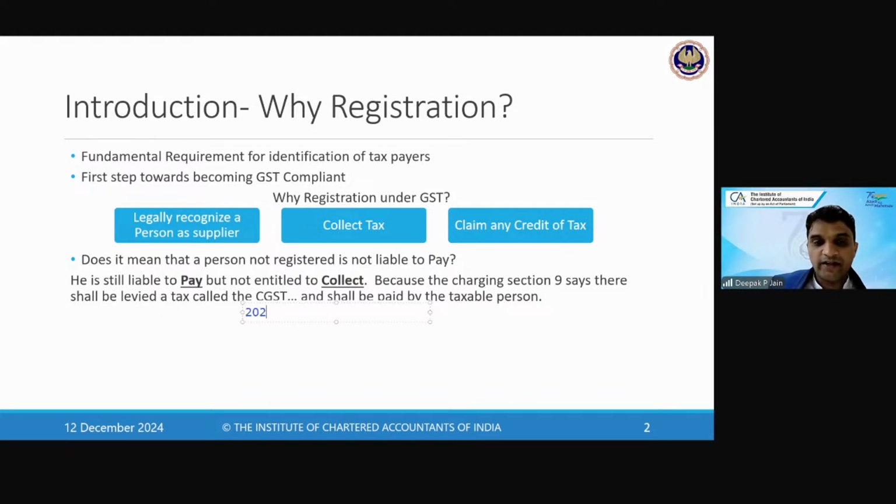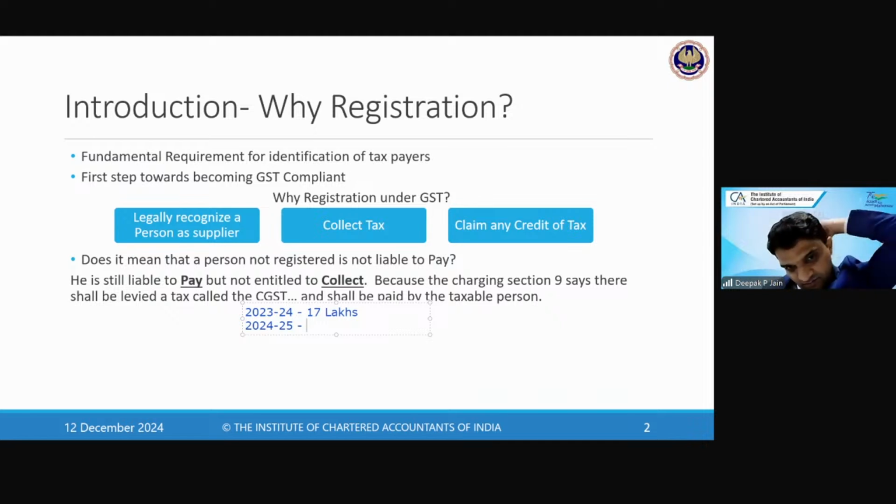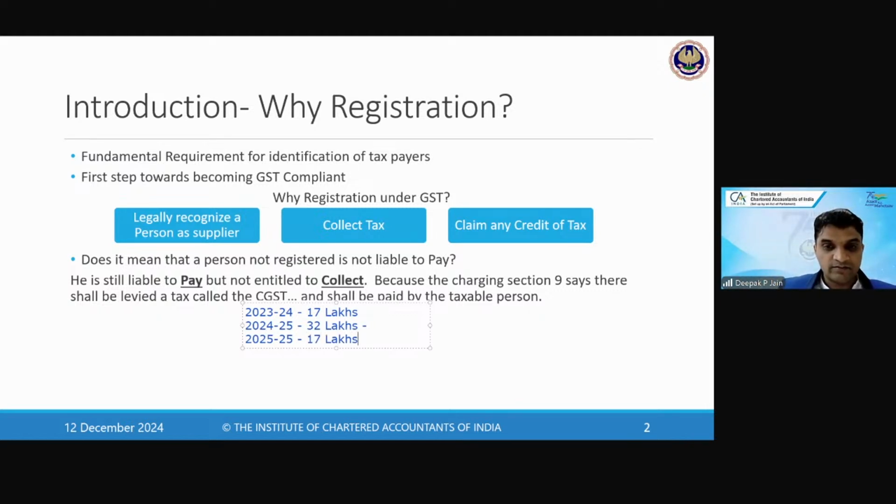Say 2023-24, as I said, it was 17 lakhs. 2024-25, how much is it? It is 32 lakhs. So when will you take registration? And in the third year, again, it becomes 17 lakhs. So tell me in this case,